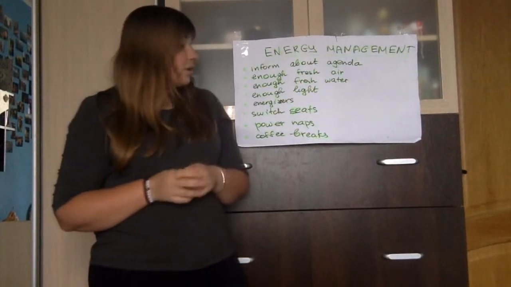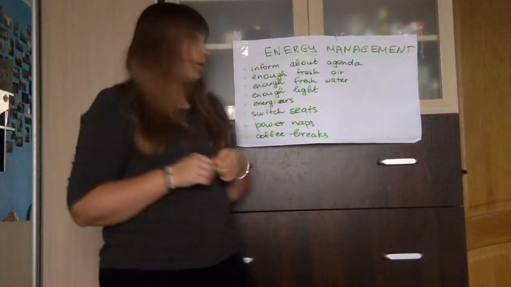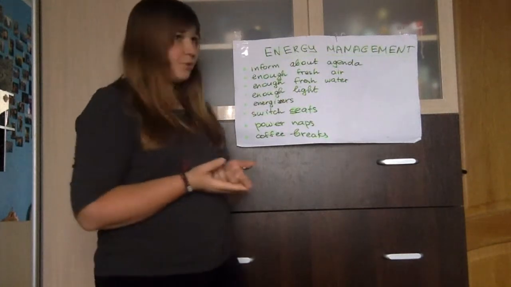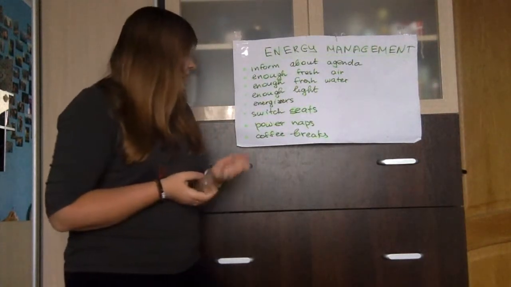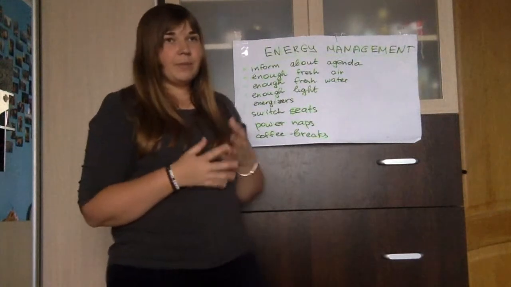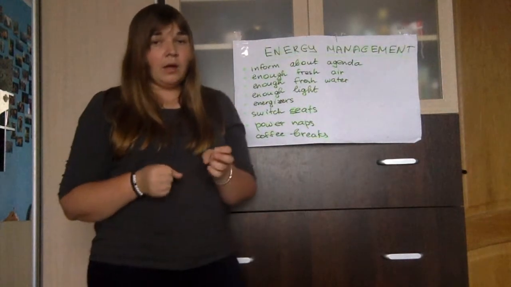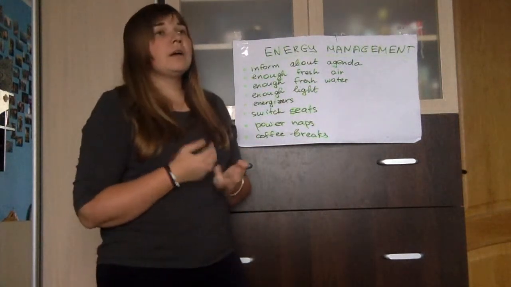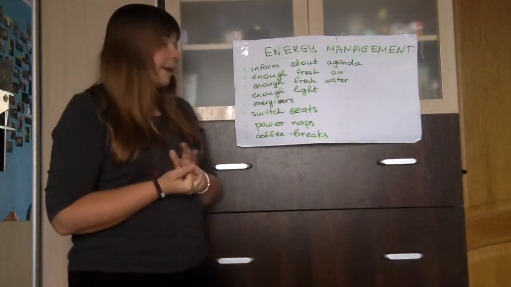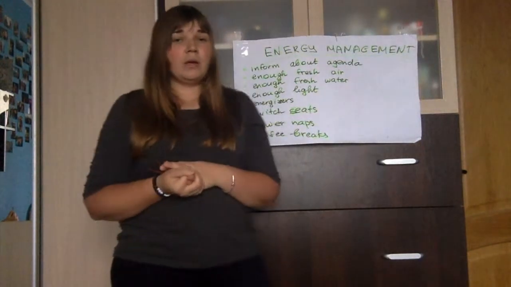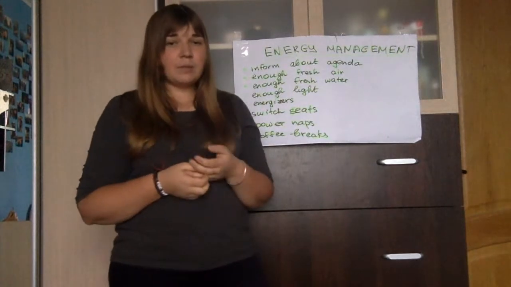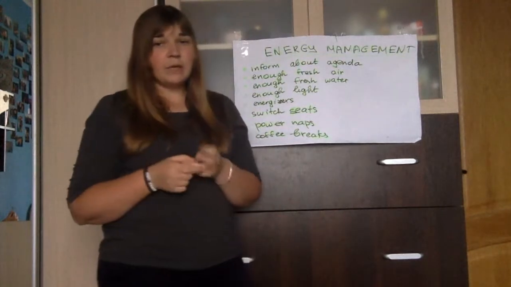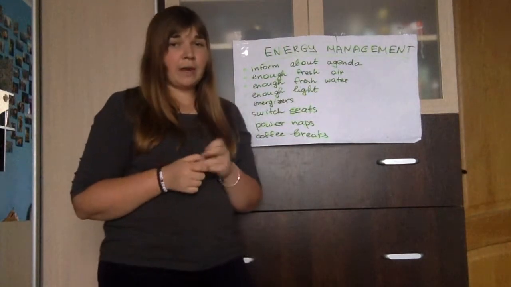An effective method is also switching seats. It also makes your delegates think from the other perspective, which is proved by psychologists. And if you have a very problematic delegate who is dying, you can offer him or her to go and have a cup of coffee, and in the worst case you can also make him or her have a power nap. Of course, it's a bad example, and you need to explain to him or her afterwards that this behavior is unacceptable, but it's still better to send him or her away than have a sleeping delegate in the room.